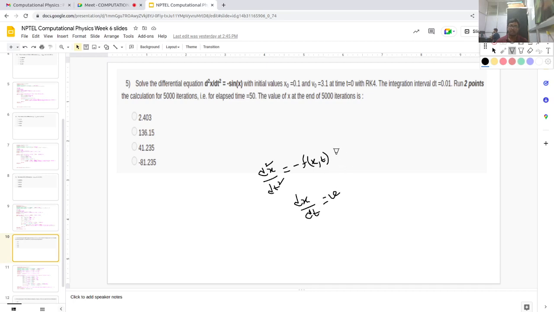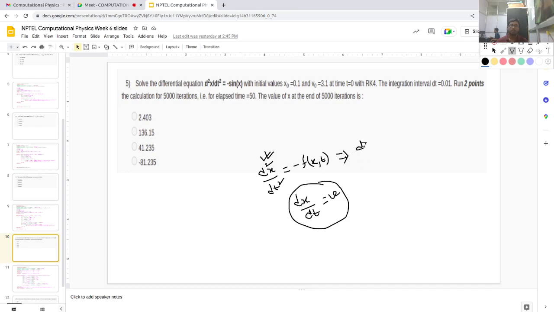So in that case, this is itself a first order differential equation, which we can solve as per the methods which we have already studied. And as soon as I have substituted dx/dt equals v in this equation,